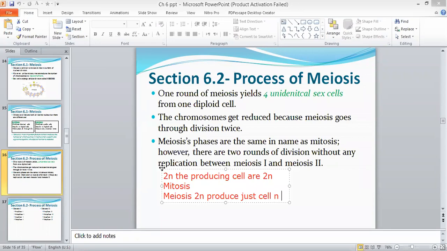So what happens to the number of chromosomes in case of mitosis? It doesn't change, it is constant, but in meiosis, the producing cells just have half the number of chromosomes. And in case of mitosis, it produces identical cells,